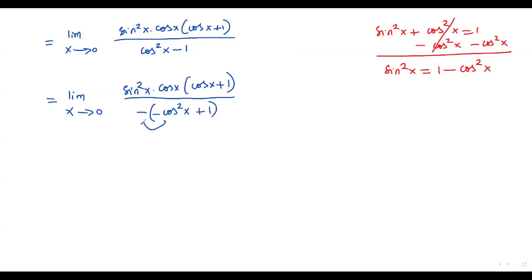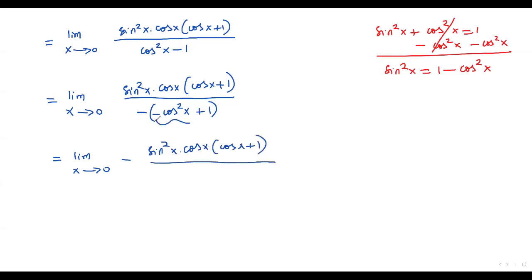Even if I distribute the negative sign to this one and this one, I am getting cosine square x - 1. So the limit as x approaches 0, and we can take the negative sign in common over here. Then I'm getting - sine square x times cosine x times (cosine x + 1) over - cosine square x + 1, which can be written as 1 - cosine square x. So the limit as x approaches 0 of - sine square x times cosine x times (cosine x + 1) over